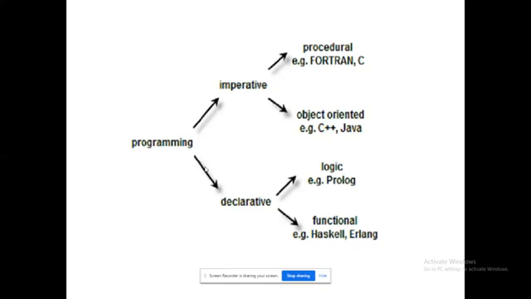Likewise for functional, such logics will be split into n number of modules. A modular approach will be followed in functional programming. You can find NPTEL courses on these declarative programming languages. You can subscribe and do the course regarding Haskell, Erlang, and Prolog. So that's the classification of programming languages. From this we are going to move to the next level.